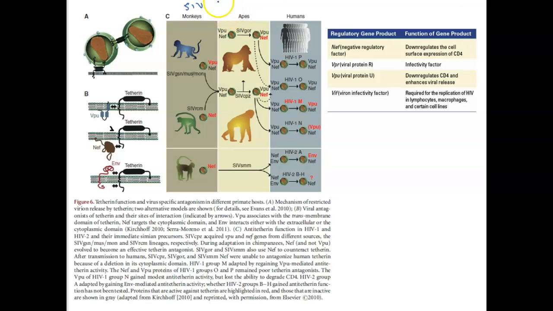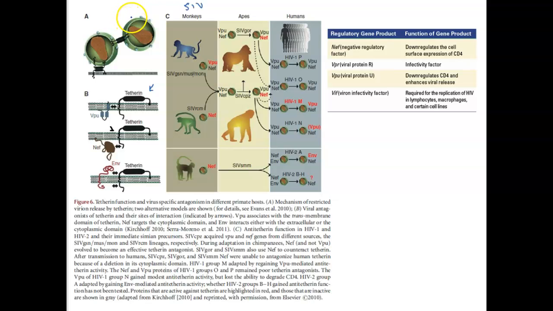And our cells have a defense mechanism against viruses called tetherin. And tetherin can bind viruses as they're attempting to bud off, and then hold on to them so they can't leave. And then your immune system could come along and it could tag these with antibodies,